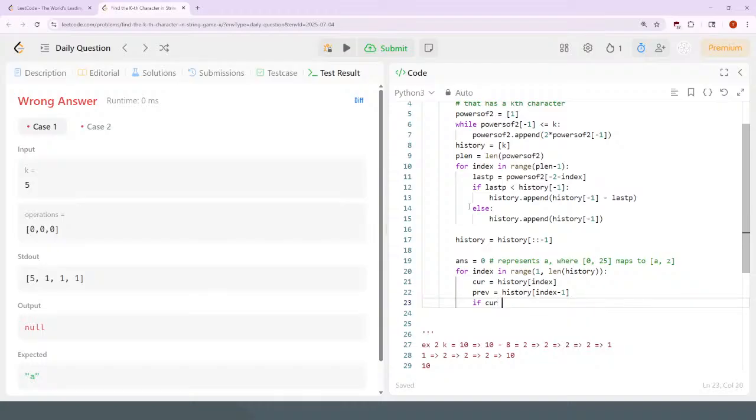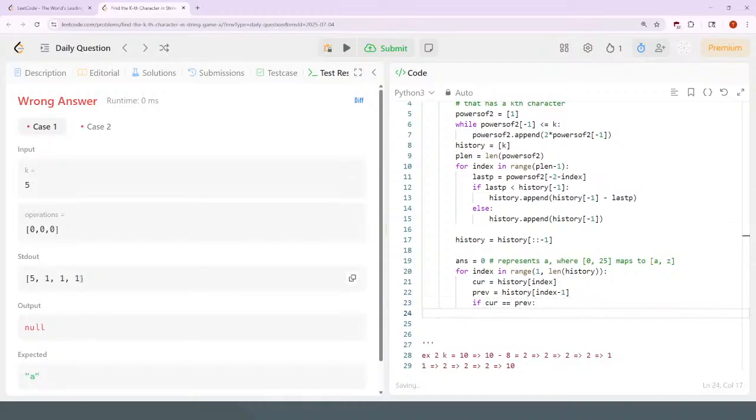If the current matches the previous, so if some operation causes the index I'm looking at to be the same, then the character has to be the same. So answer, well, nothing changes then. So if it's not the same,